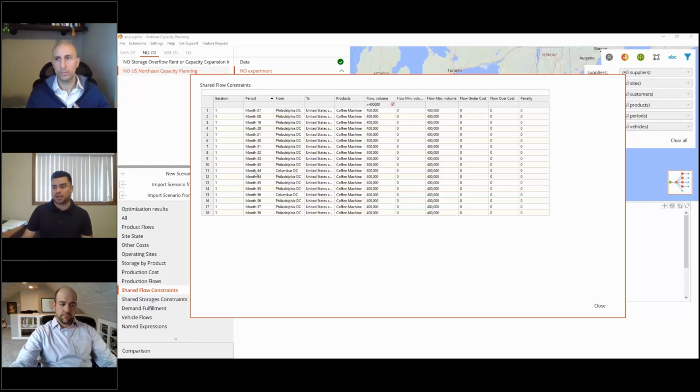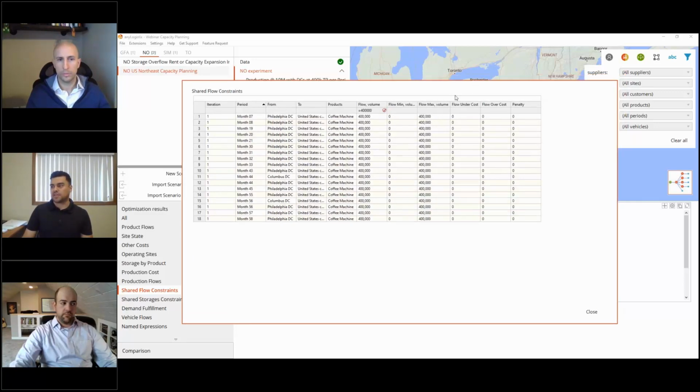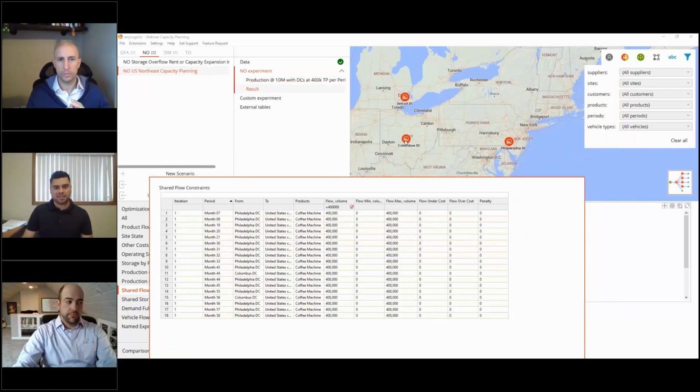Take a look already at month 44, essentially the 4th year: Columbus DC, which is its neighbor, also reaches its maximum in a specific month. It means that at one point there was so much already happening that it also ran out of throughput capacity. So essentially this is looking pretty grim soon. We have to do something about this.